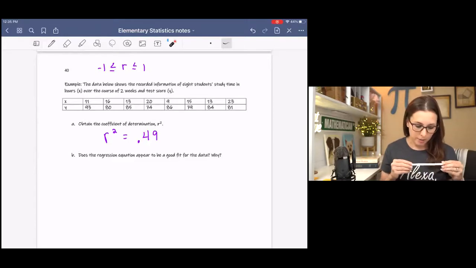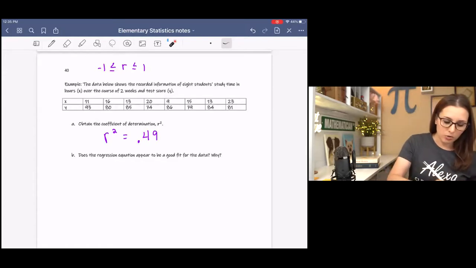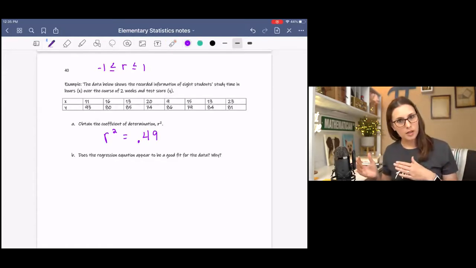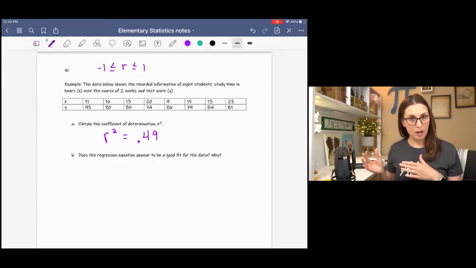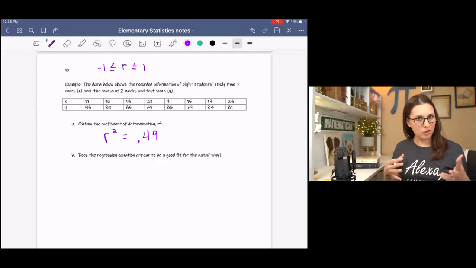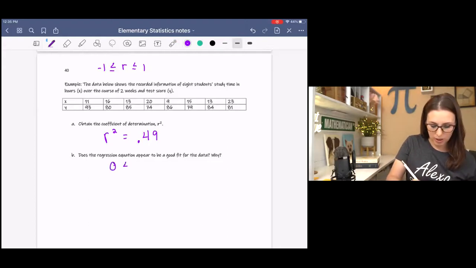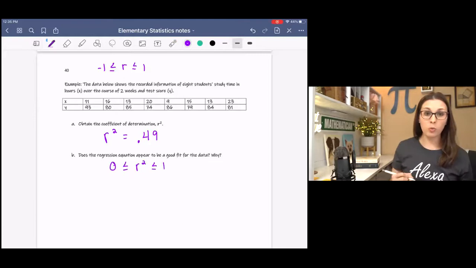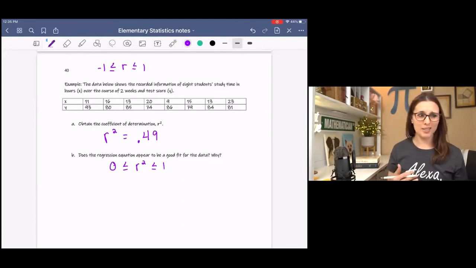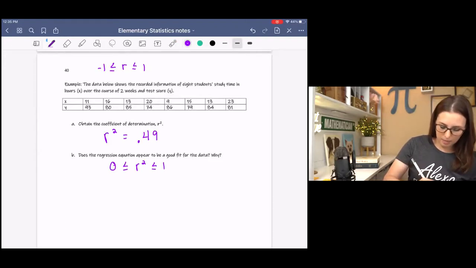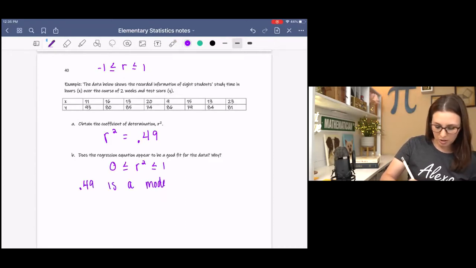All right, so does the regression equation appear to be a good fit? Remember that the closer to 1 it is, the better fit it is for the data. This is kind of in the middle. R squared has to be between 0 and 1. 0.49 is pretty close to 0.5, which is pretty close to the middle. So I would say 0.49 is a moderately good fit,